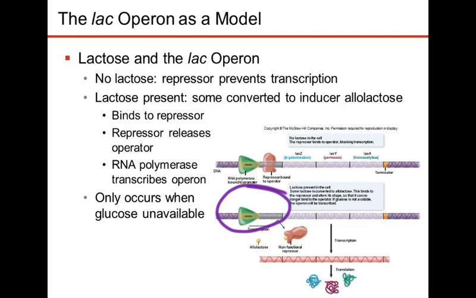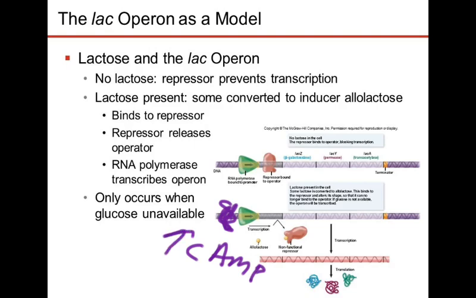If the promoter looks like what's circled there, transcription still will not happen. That's what the promoter looks like when there's lots of glucose present in the environment. Because remember, when there's lots of glucose present, there's one other molecule that's going to be very low abundance in the cell. Cyclic AMP. If there's lots of glucose, cyclic AMP levels will be very low. And remember, at this particular promoter, you need one more protein to come and bind here. That's that cap activator protein. It has to bind, but it will only bind if the cyclic AMP level is high enough. It can't bind if there's no cyclic AMP.